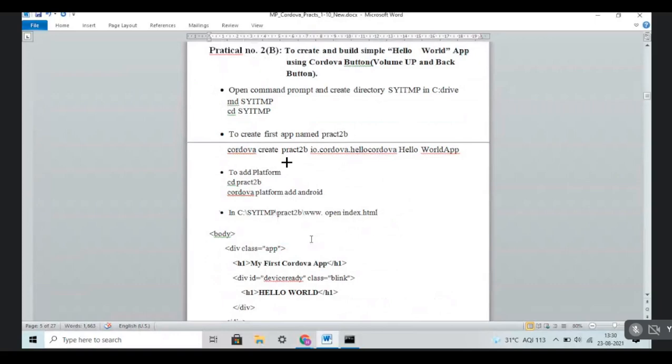To add the platform, which command do you use? Cordova platform add android. To create the first app, you have to use this command: cordova create hello io.cordova.hello. Then next thing,